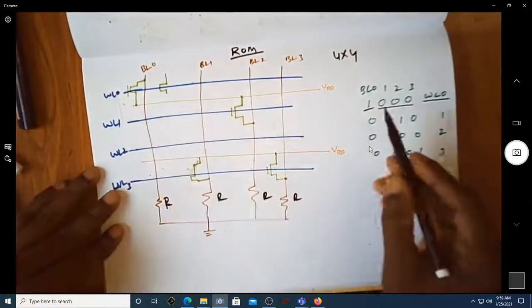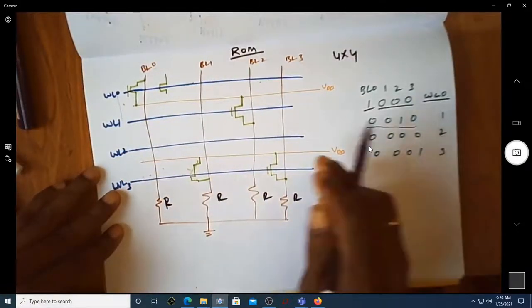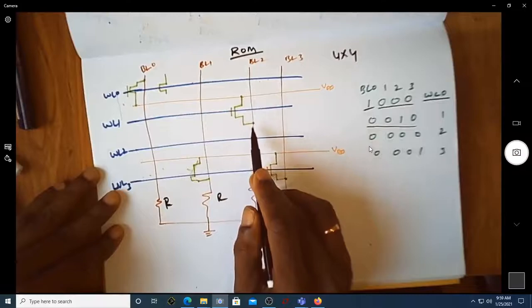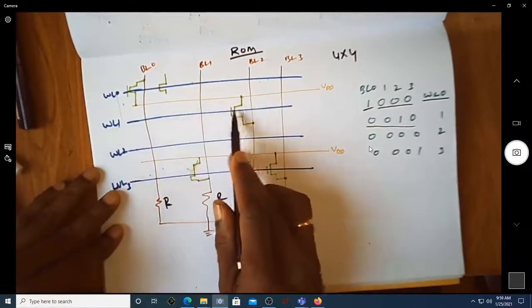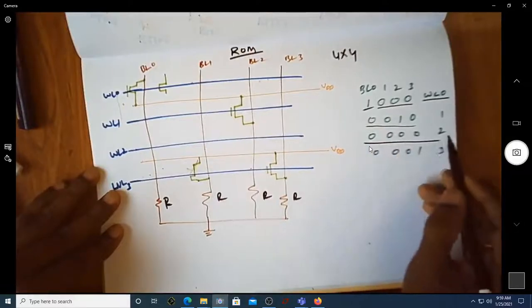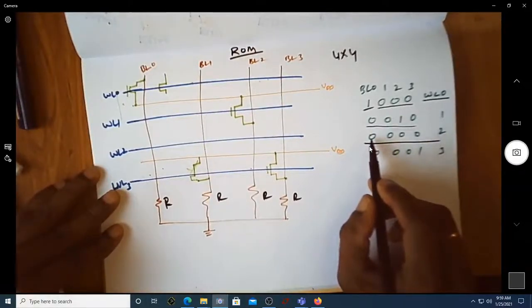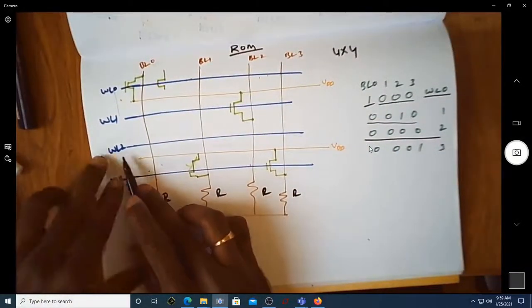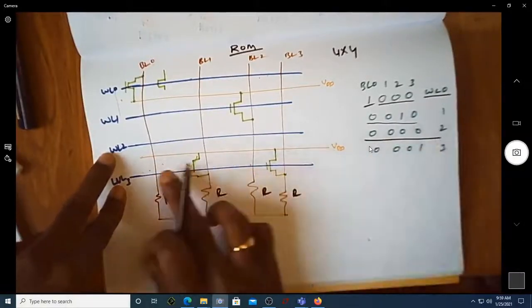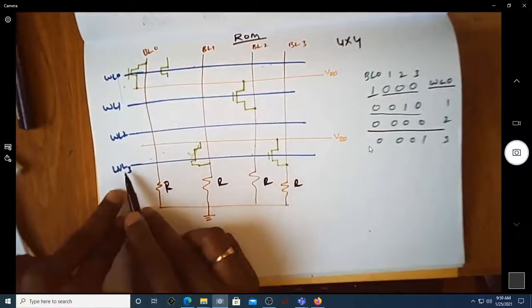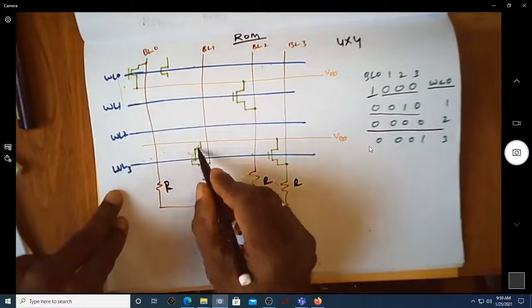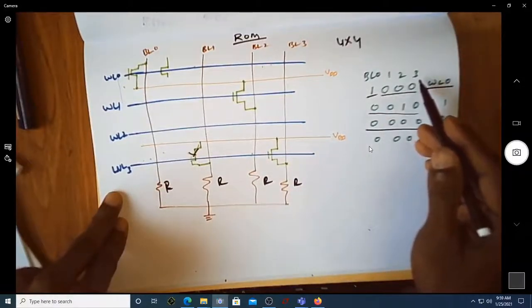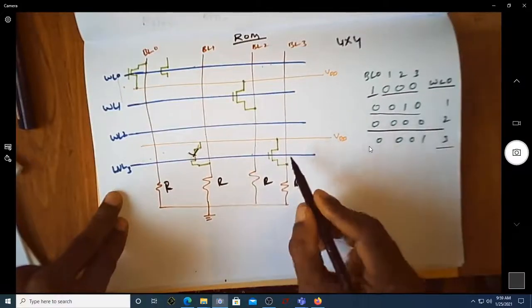So that's why we are not fabricating any transistors for the intersection between bit lines 1, 2, 3 with word line 0. Similarly, I want to store this data over here, so wherever there is a 1, I'm having a connection from VDD to this bit line, for word line 1 only in this particular section. Whereas in word line 2, since I don't want to store any value, the value read from all the bit lines when word line 2 is VDD should be 000. So we are not having any transistor over here. In word line 3, I want to have this data. I want one only for bit line 3 with word line 3 as VDD, so that's why we have a transistor here.